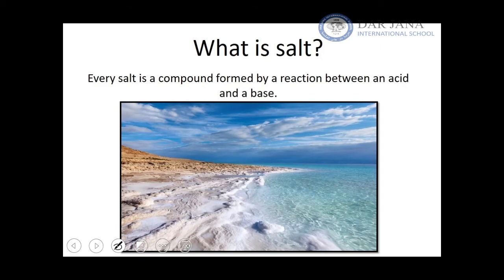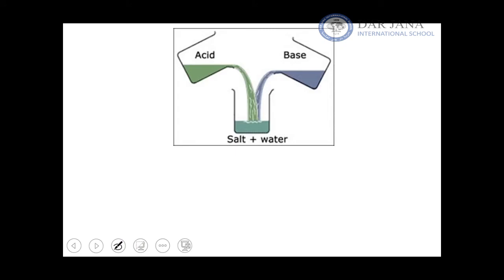So let's start with salt. Every salt is a compound, so we have more than one type of atom, formed by a reaction between an acid and a base. Okay, so every time you mix an acid and a base, you will get salt and water. So a special case is when the acid and the base are equally strong, you will get a perfectly neutral substance. Yes. Okay, if the acid is stronger than the base, like